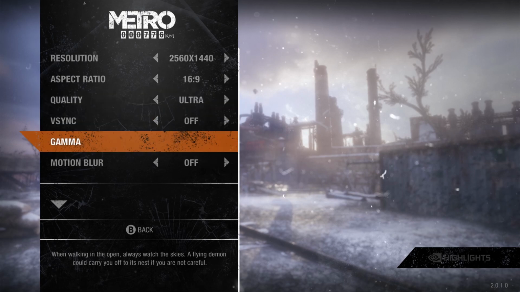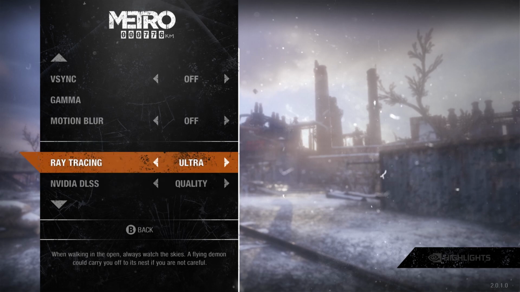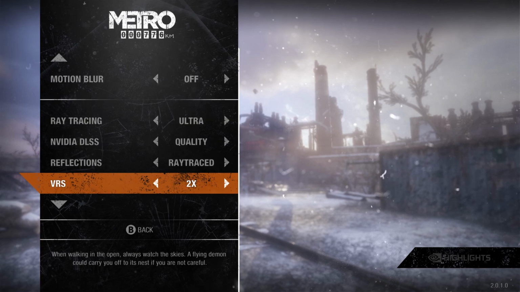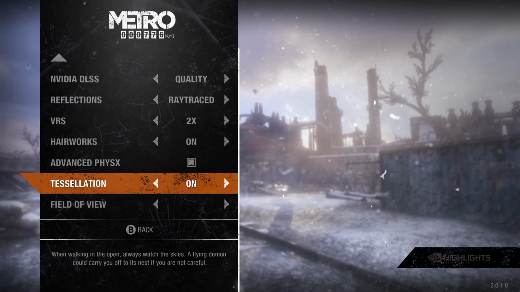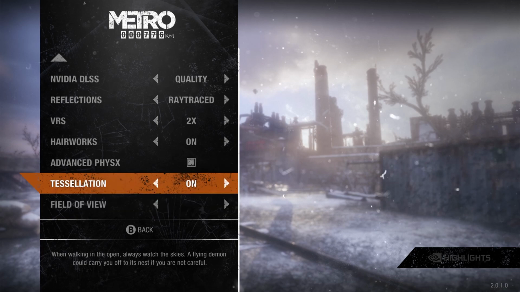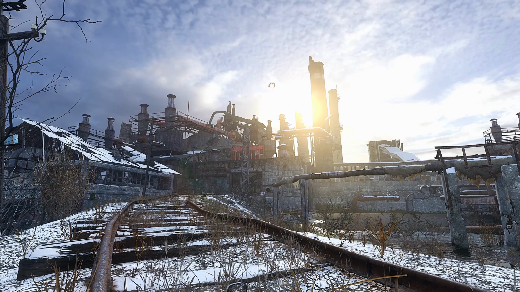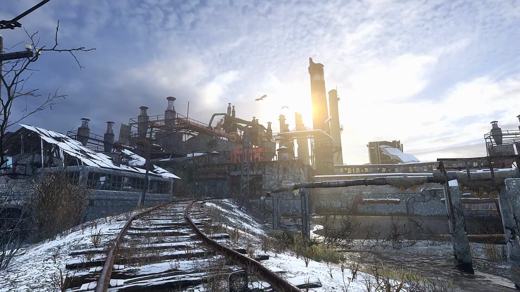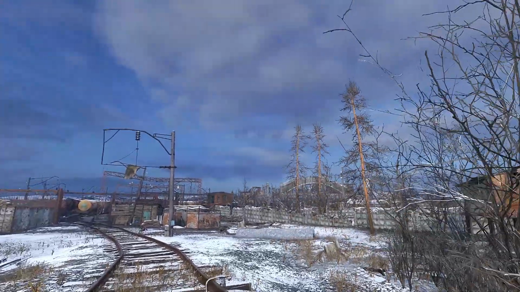You have so many customization settings, but if you look here at what we've done, I've done everything ultra, ray traced reflections for water and in the windows. We have HairWorks on. The only thing we've done for optimization here is NVIDIA DLSS set to quality, which is the first tier, not the highest level or the maximum amount of DLSS. The very first tier, we have VRS set to 2 times. And guys, I'm on an RTX 2060 Super, which is, the 2060 is the entry-level card from NVIDIA